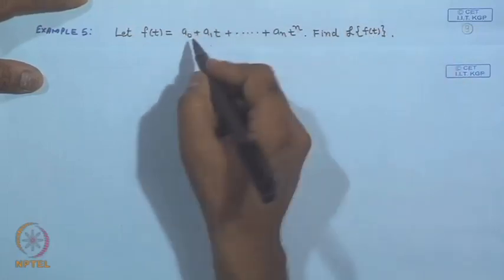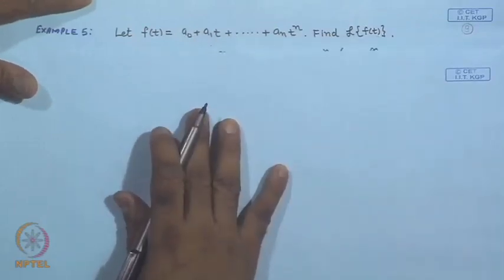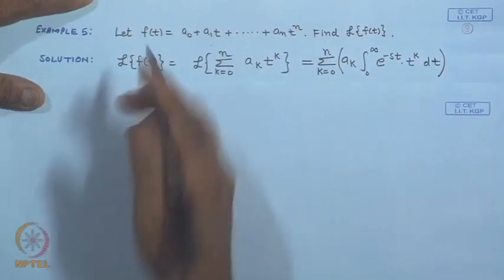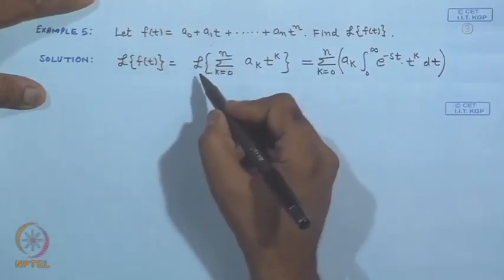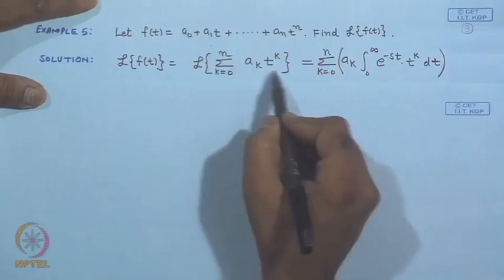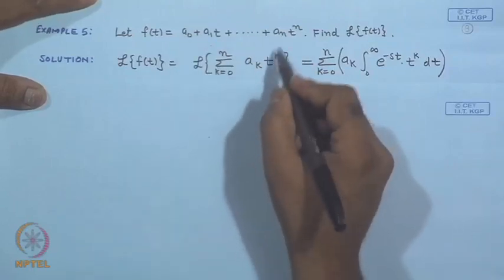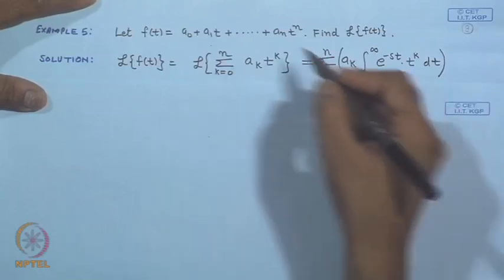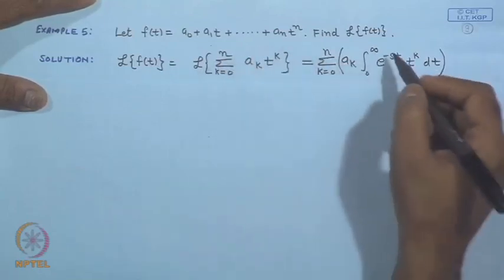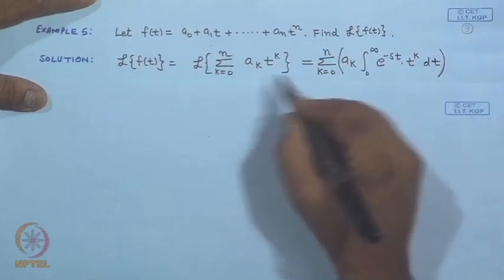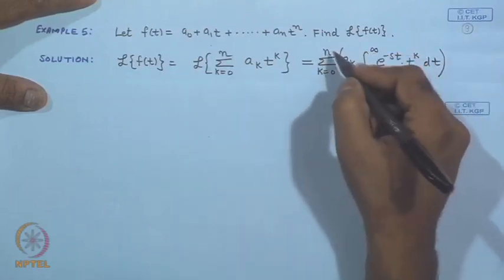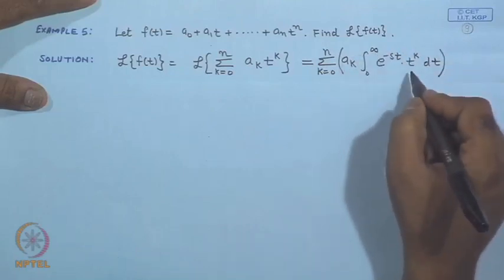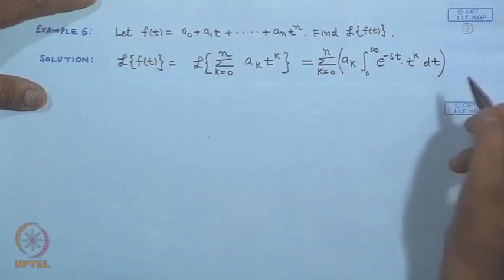So, here we can apply this Laplace transform to each term. So, we have Laplace transform of f t is Laplace transform of this sum a k t k, k 0 to n, and this we can also say, due to the linearity of this Laplace integral, we can write this 0 to n and a k, that is a constant term, times 0 to infinity e power minus s t and t k dt,